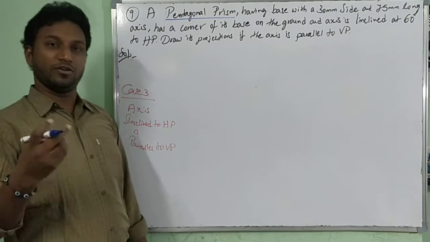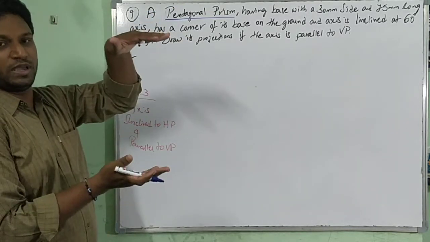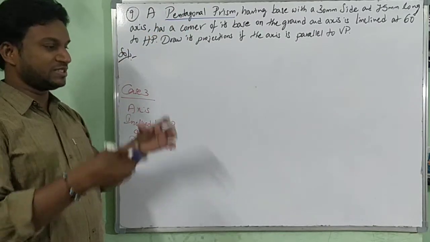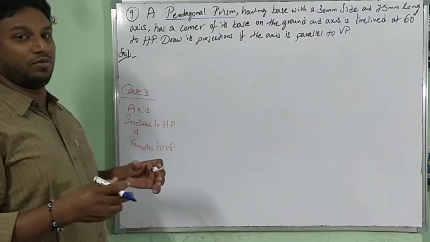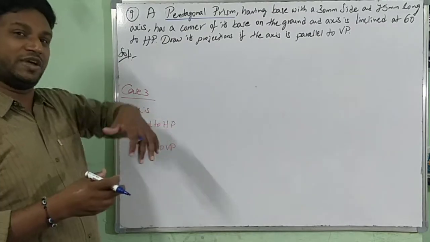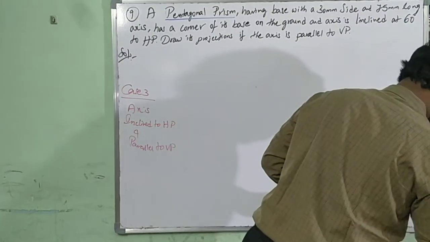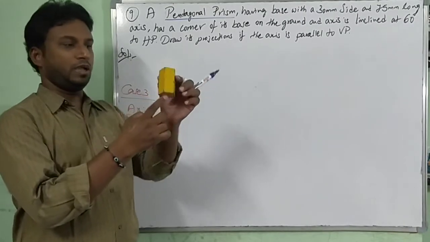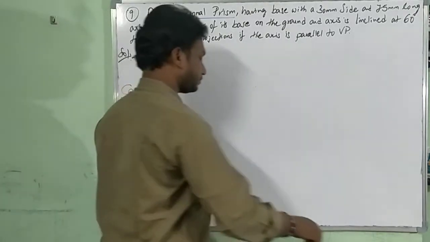A pentagonal prism is a kind of polyhedra having two bases, top base and bottom base. Each base shape will be in the form of a pentagon. From each side of the pentagon, rectangular faces are raised. Right? See, simple. I can show you. Pentagon. Top pentagon, bottom pentagon.